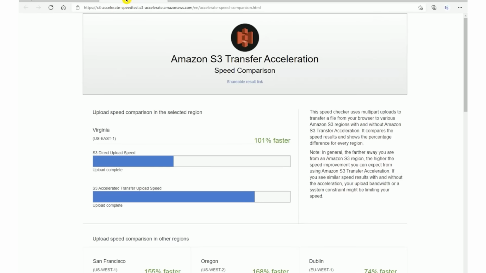If we take a look at the speed comparison page for transfer acceleration, we can see that once the page is finished loading, it's going to do a comparison. It's going to perform, first of all, what's called a multi-part upload, and it's going to see how fast that upload was done with or without transfer acceleration enabled. Now this is relative to where I am running this test. So right now I'm actually running it from Europe. So you can see that I'm getting very, very good results if I would enable transfer acceleration and my users